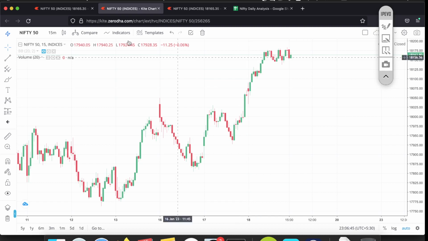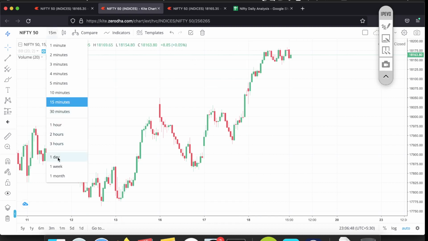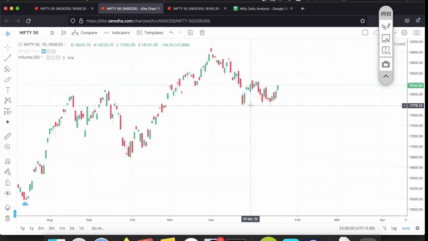So the previous day's candle, yesterday's candle, that is on